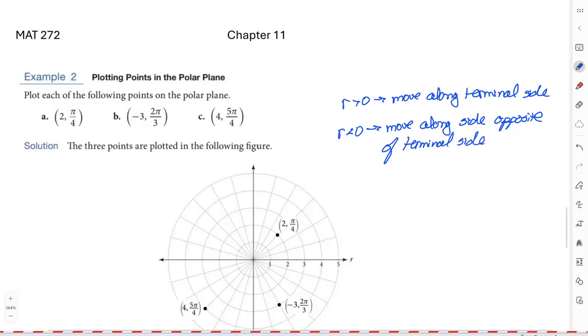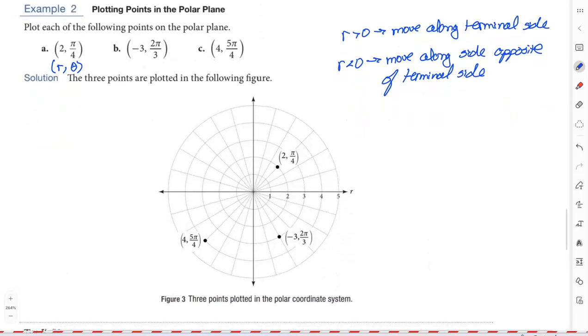So let's look at that first one. If I want to graph the point 2 comma pi over 4, my theta value is pi over 4. So if I look at this polar coordinate system, I've got a radius of 1 here, radius of 2 here, 3 here, and so on. Everything looks like circles. And then if I were to figure out what's going on with these lines extending out from the origin, we're starting at 0 here, and I've got 1, 2, 3, 4, 5, 6. So they look like they're going up by